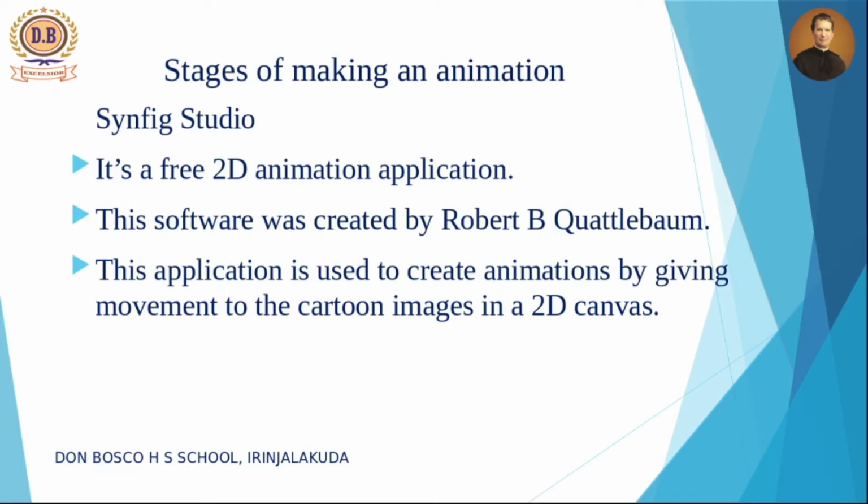Now we have studied the stages of animation. The first stage is designing the characters, and based on those characters and the story we have to prepare a storyboard. In that storyboard we can include the character name, the image related to that scene, and the action. What action should be performed in scene 1, and then sound. We can provide background music, and we can give a particular time, some seconds. According to these conditions we can create a storyboard, and according to the storyboard we are going to animate the characters. We can use several software programs to perform this animation.